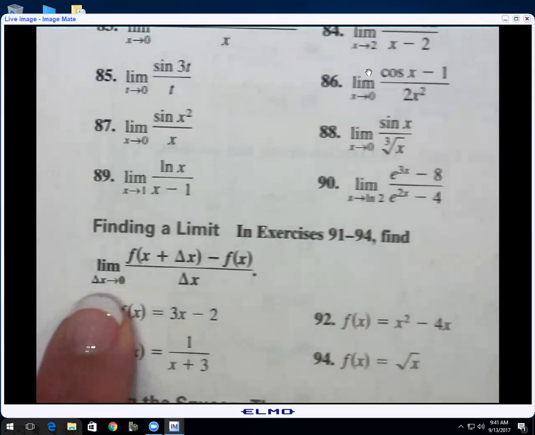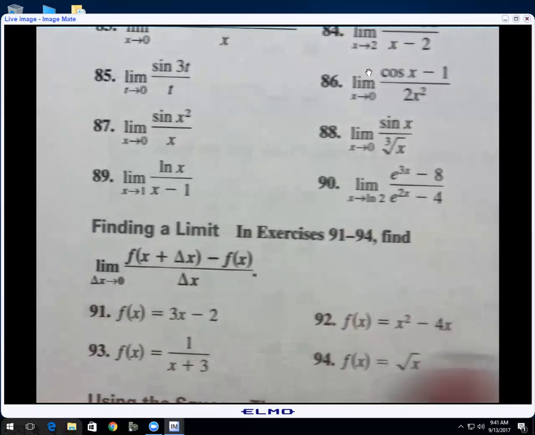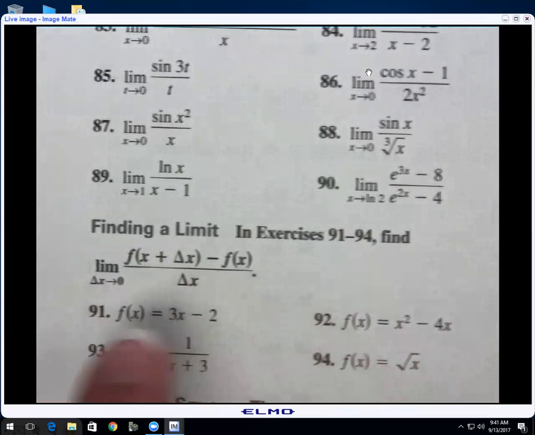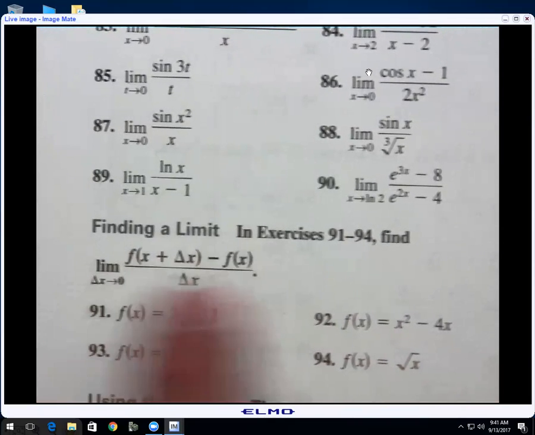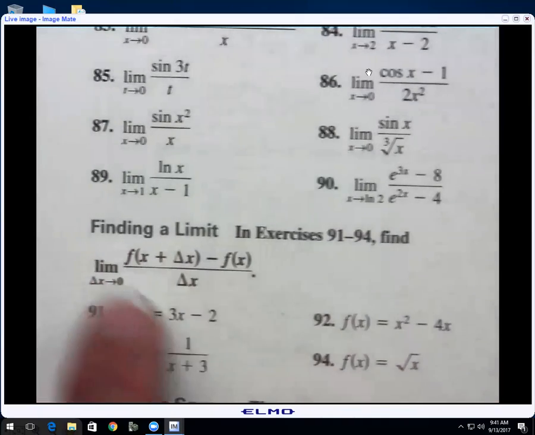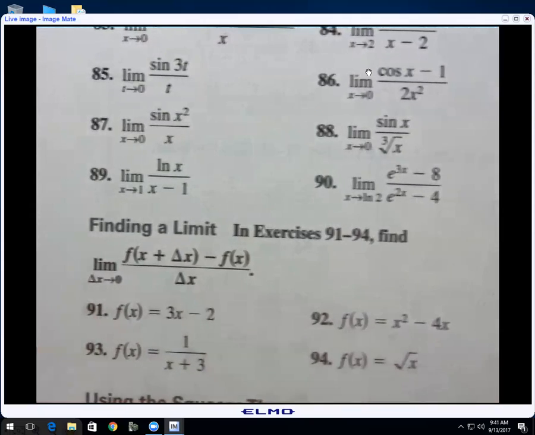So for these 4 problems, and we may have time to do both evens, we may just have time to do one of them, but for both of them, we're going to find the limit as delta x goes to 0 of the difference quotient. This is just a recipe. This is just following a recipe. Do what the recipe says. So 92,